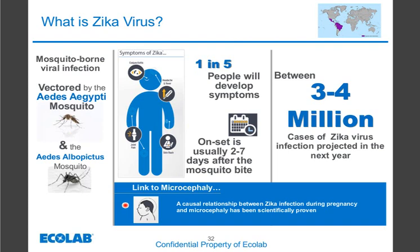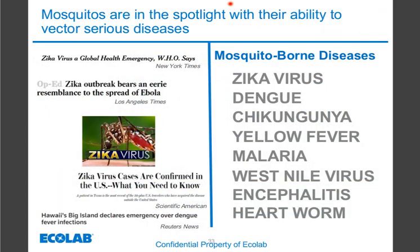The Center for Disease Control has the science behind showing that Zika can be passed during pregnancy to the child, and it causes basically a small head, and these children have very numerous problems throughout their lives because of this. So it's a serious birth defect, and something that we need to protect ourselves from. Okay, so